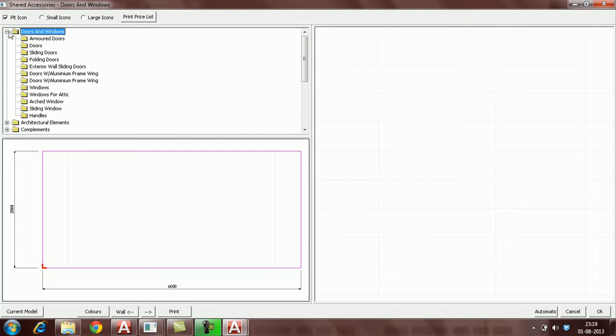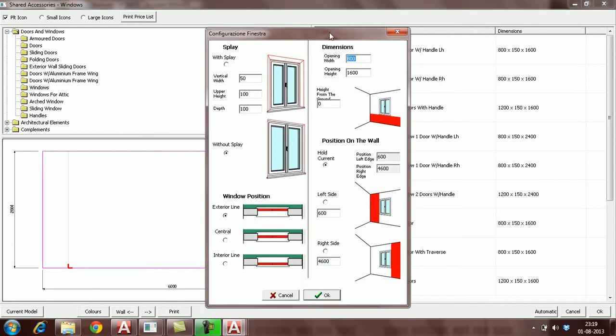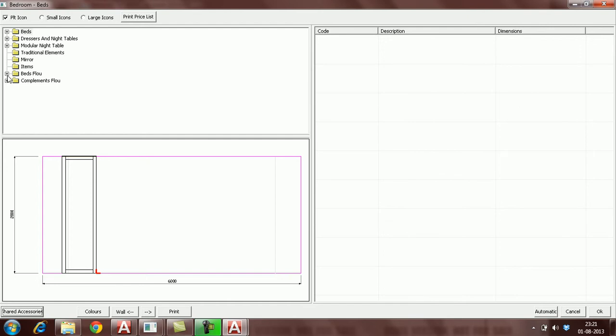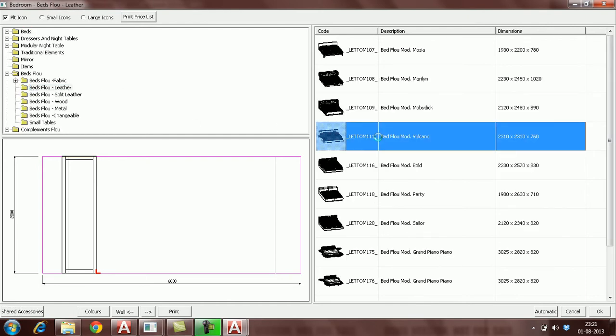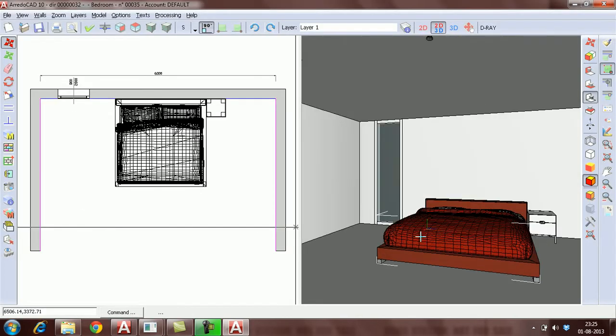Here I'll select a window. I'll place a window over here. Just place the cursor. Select the window. You'll get the property. Fill the dimension and click OK. Now I'll place a bed. Go in current model. Go in bed glue. Select the required bed. Just double click. Same way I'll place the night stand. I'll copy the